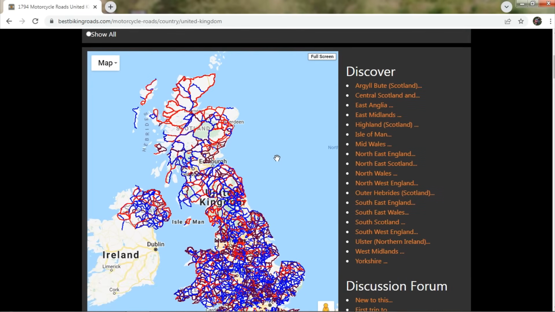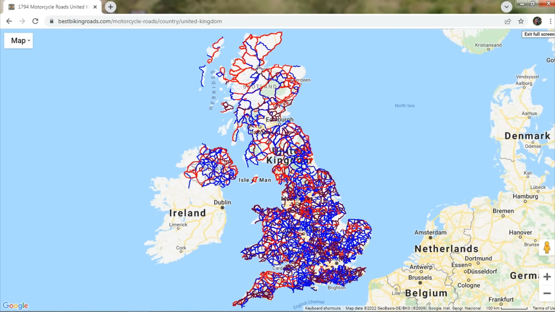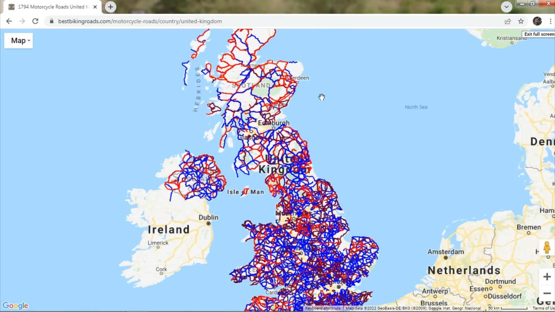So now we've brought the map up of Great Britain. You can go full screen. Now we have the whole of the British Isles, and look at all those routes, blue, purple and red. Now to zoom in, you can go down to this bottom right hand corner and press the plus and minus keys to zoom in and zoom out. Or if you've got a scroll wheel like I have, I just hold the control key down and zoom in